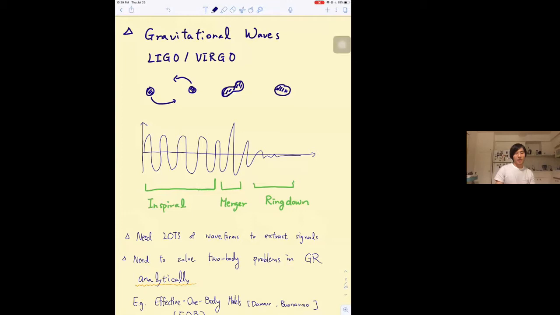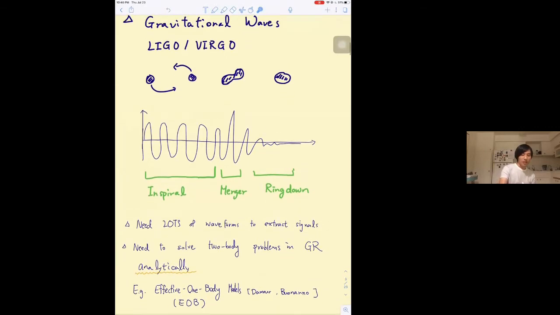You have the binary system. This could be, say, black holes or neutron stars. So in the very beginning of the event, these two bodies are relatively far apart. So the distance is long, so the gravity is very weak. You can use perturbation approximation. And also because they're far apart, you can take these two particles basically as point particles. And you have some gravitational wave signal, and that is the so-called inspiral stage, which is actually the majority of